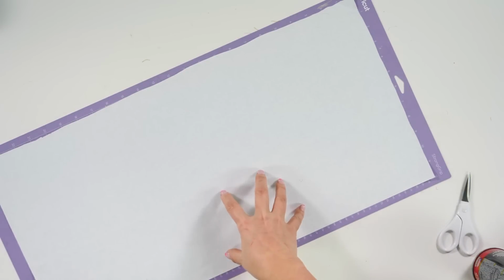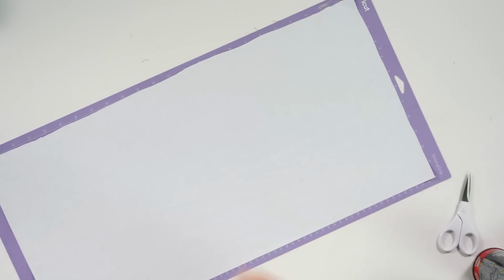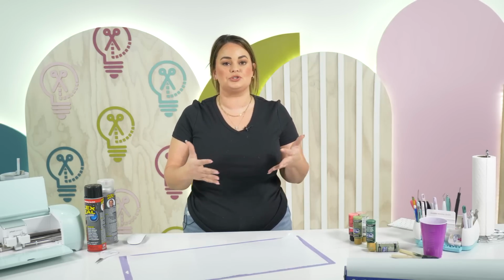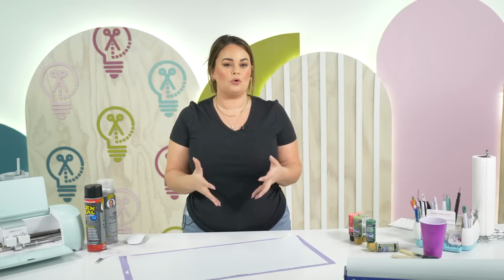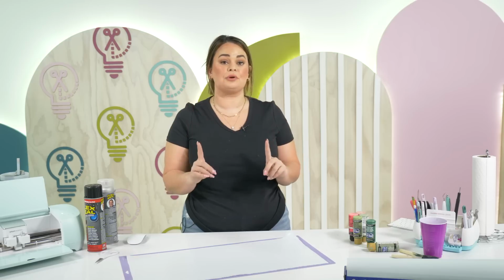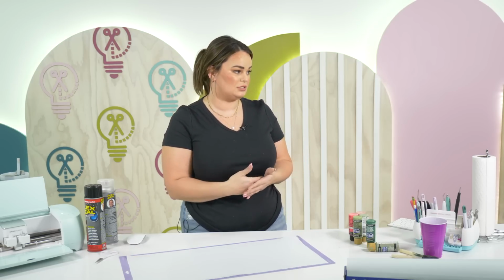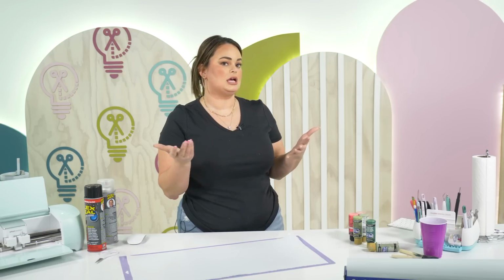The side that you're going to be putting down on your mat, that's going to adhere to your mat, is this shiny side. So let's go to one. One thing that I found, if you do have something with more intricate cuts, or you find that your Cricut is not wanting to cut the duller side, because I did run into that. For some reason, my Cricut kept dragging over the dull side of the freezer paper,